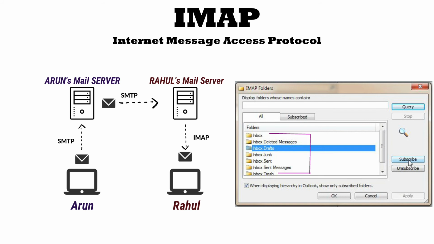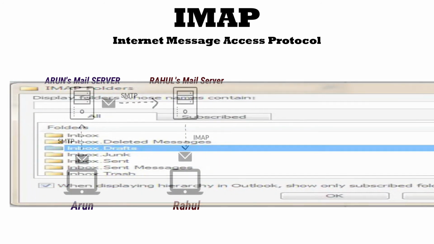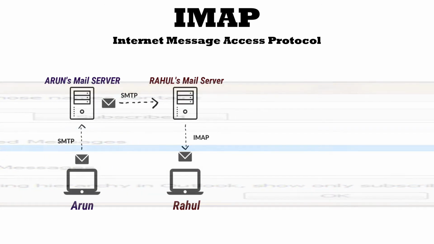The IMAP protocol provides commands to allow users to create folders and move messages from one folder to another. IMAP also provides commands that allow users to search remote folders. IMAP servers maintain user state information across IMAP sessions, for example, the names of the folders and which messages are associated with which folders. Another important feature of IMAP is that it has commands that permit a user agent to obtain components of messages. So this is all about IMAP.